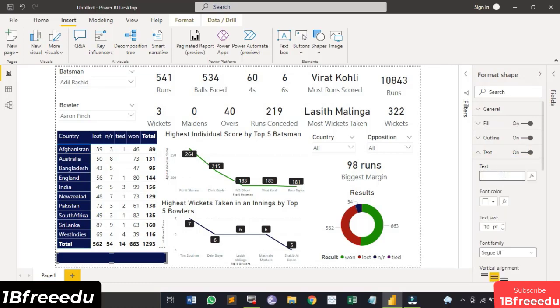Go to the text and add some text, like Cricket World Cup data analysis. Okay, and let me just change the text size to probably 20 points. That's looking big. So to 18 points, that should be working fine, right?